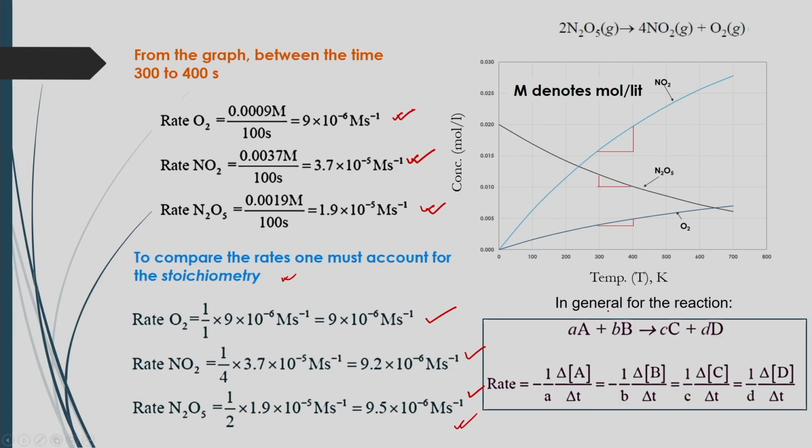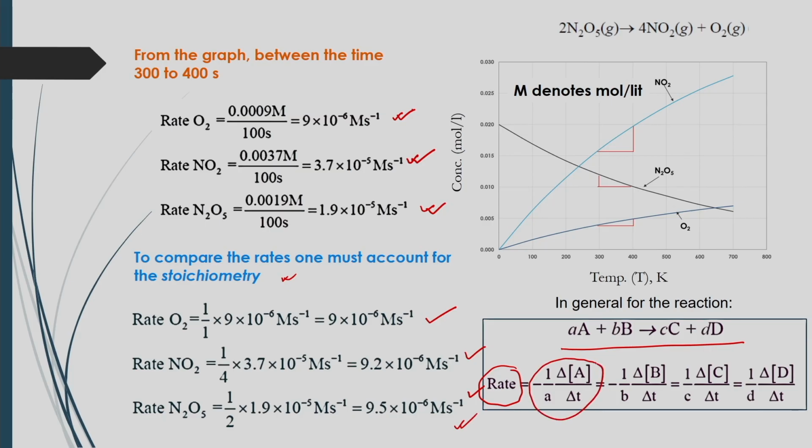Now, in general for the reaction, you can express it as aA plus bB giving cC and dD, the general reaction equation. Based on this, you can also express the rate, or compare the rate, based on the stoichiometry. Here in this case the rate will be